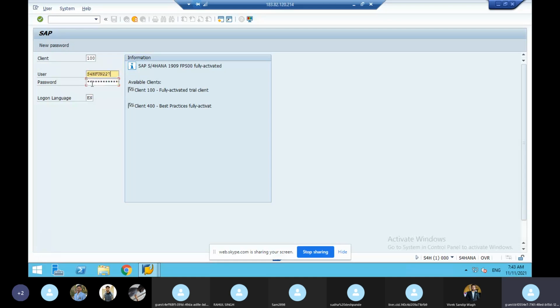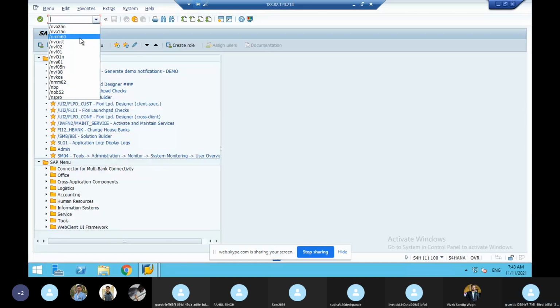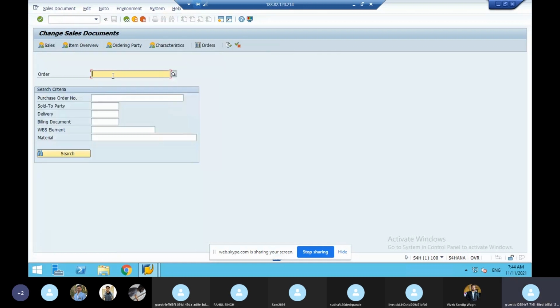And here, if the backward scheduling fails, forward scheduling will happen. That means the system will generate one more date, and that date will come in the sales order's second schedule line. So when backward scheduling fails, you can expect two schedule lines. If backward scheduling is successful, there is only one schedule line. If backward scheduling fails, the second line will give the proper date and the confirmed quantity. That is what you should know. That is why these are very, very important. Keep this in mind.